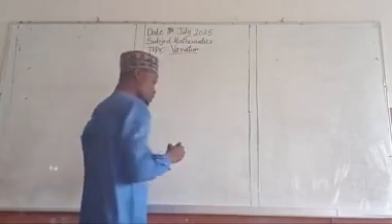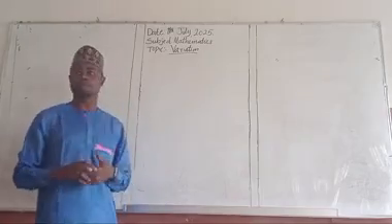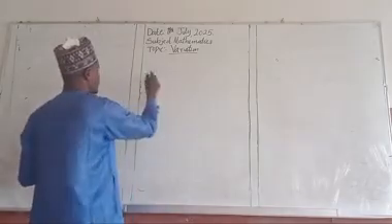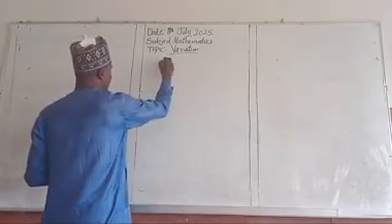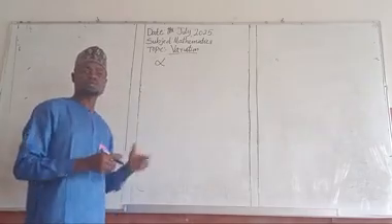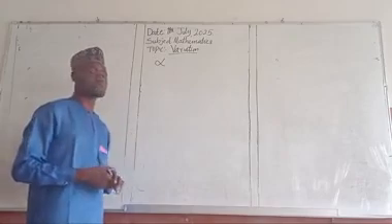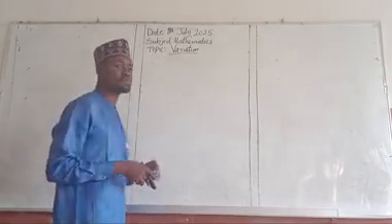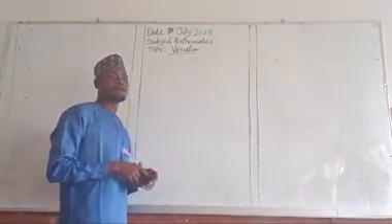variation. For direct variation, it's very simple. What is direct variation? Before we move to the topic, I'm going to tell you something. This is the sign of proportion. This is what is called the sign of proportion. And for direct variation, let me use a person as an example. Let's say the